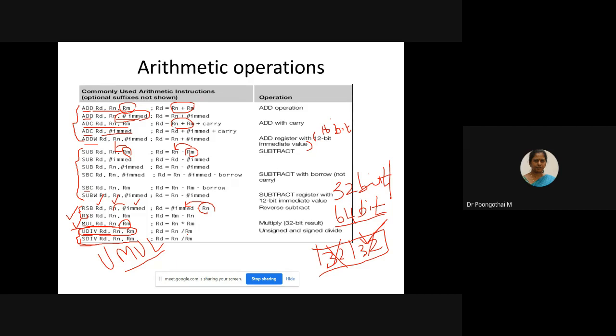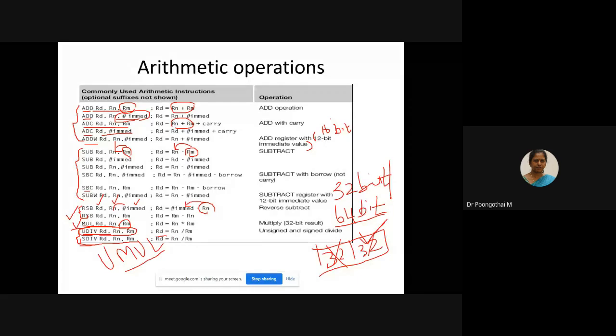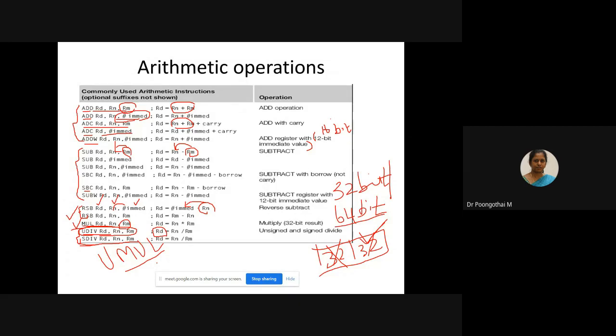Your remainder will be discarded. Your Rd holds the quotient, so to extract the remainder, we need to write a separate algorithm. After execution, your Rd holds the quotient value, and the remainder is discarded.